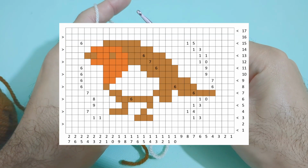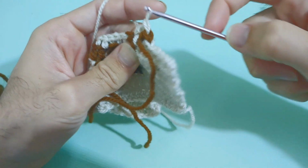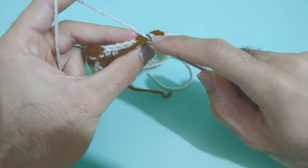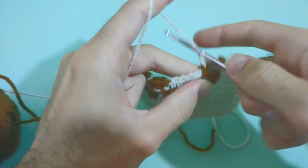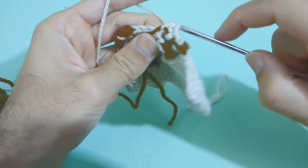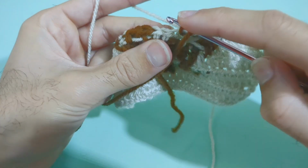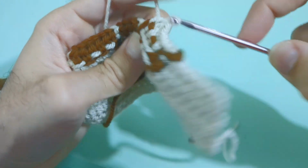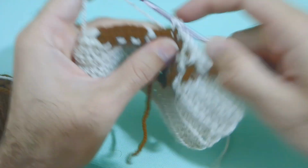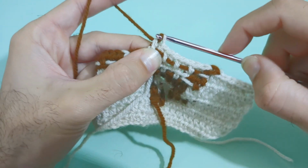And now we have to crochet 8 in the main coloured. So we're going to crochet the first one without picking up the brown yarn. Then the second one, we're going to make sure that brown yarn is going above the hook and capturing it. And then don't capture for 3, capture for 4, don't capture for 5, capture for 6, don't capture for 7, and capture for 8. Now we're going to change back to the brown, so bring that to the front, complete the stitch in brown,